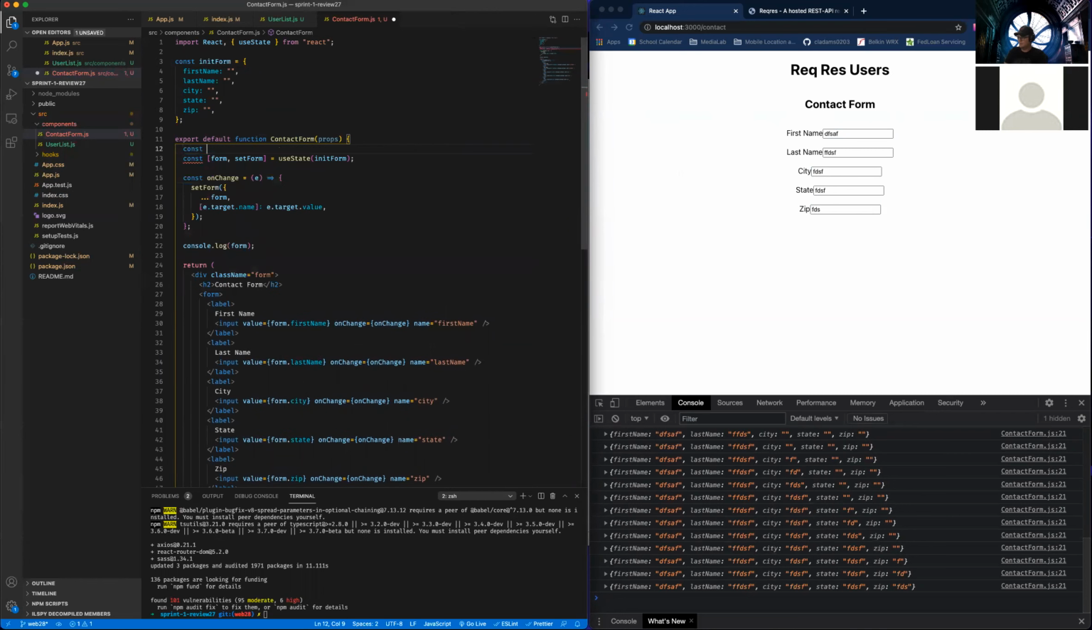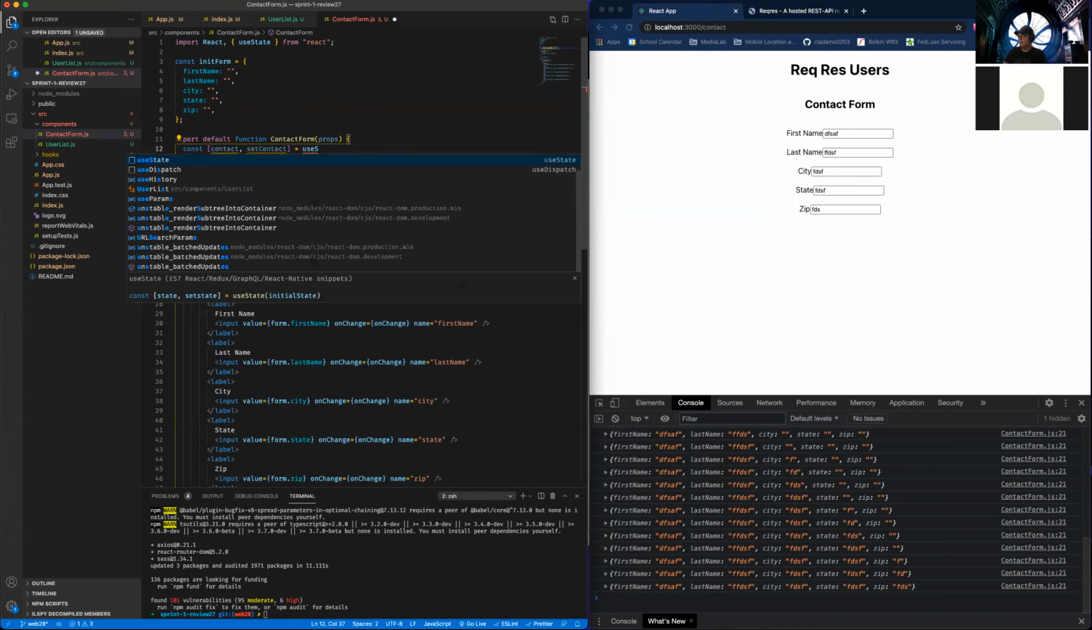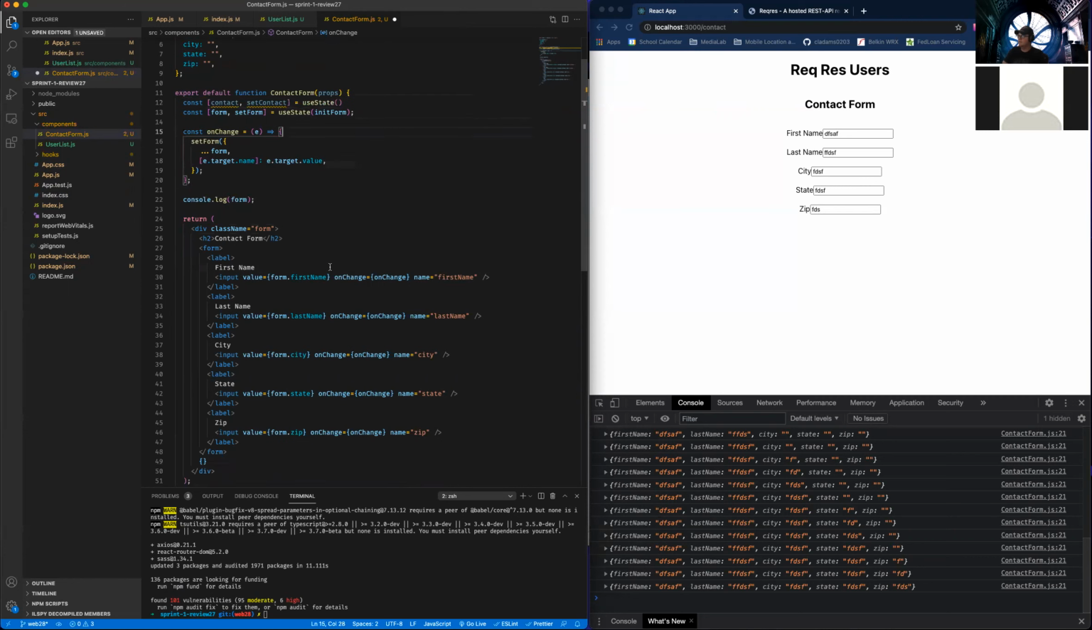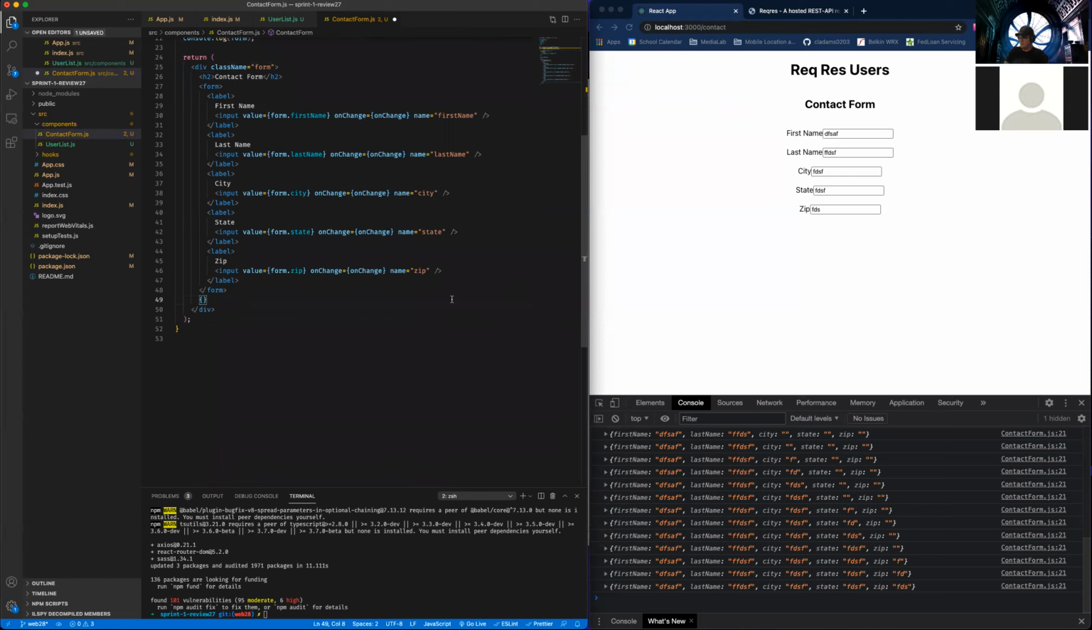Say const contact, set contact. This is going to equal useState, and we're going to leave that empty right now. And down here, I'm just going to write a contact. So I'm going to say if contact exists, if it's there, then we're going to render some things. And what we're going to return